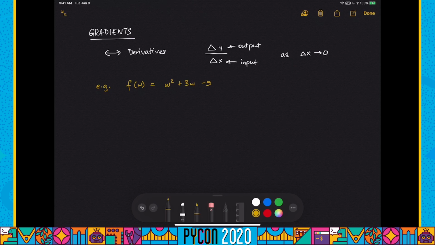From first year calculus, we know what the derivative of this function would be, f prime w, which is also known as df by dw, will be equal to 2w plus 3, right? And so when we talk about optimizing this function,